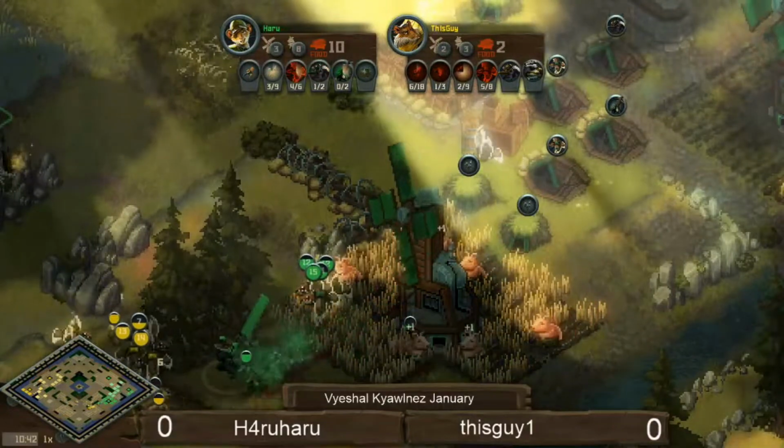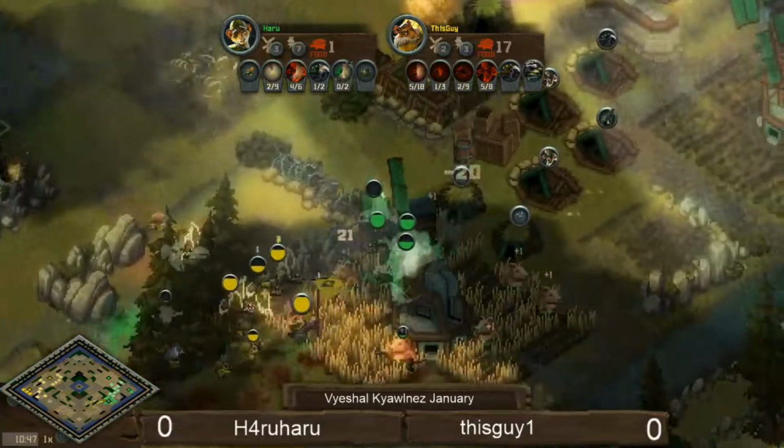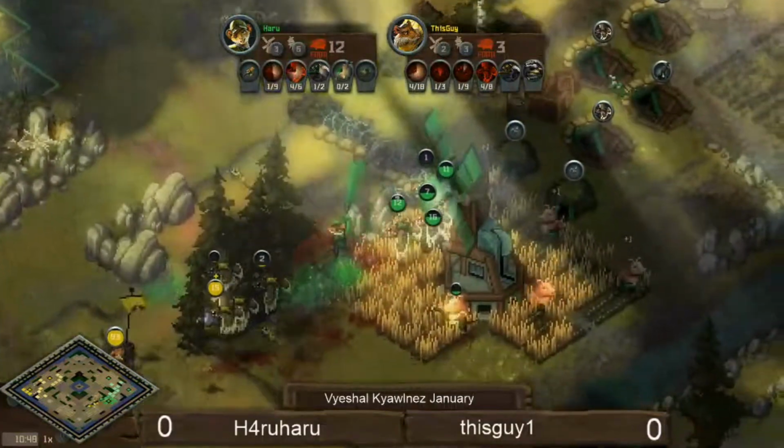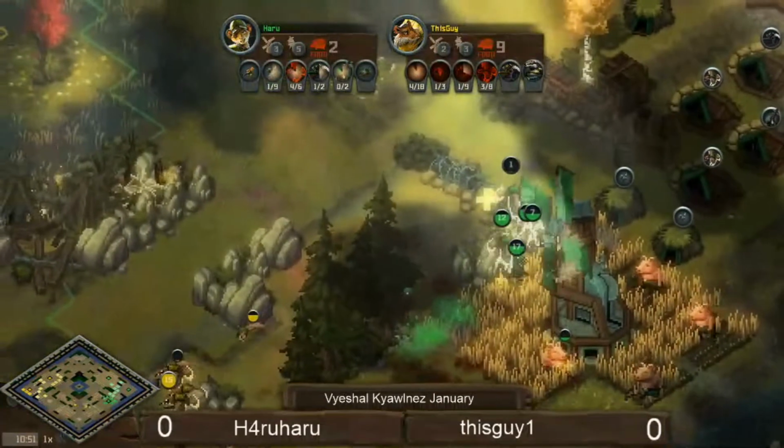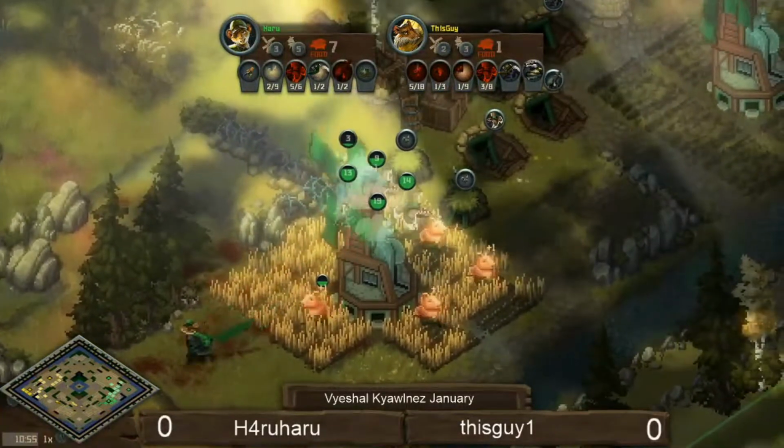In comes the counter engage here from Haru. Fight's going to go down here. This guy's going to manage to... Ooh, that Falcon survives on just 1 HP here. Now the fight here, it seems to be going in Haru's favor, considering that Haru here still has 5 farms extra to his name,